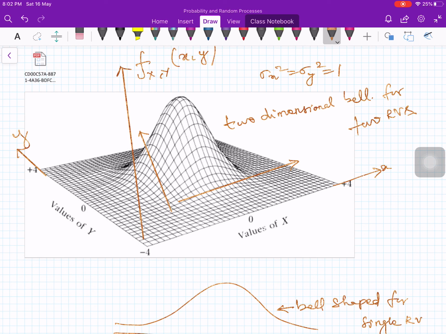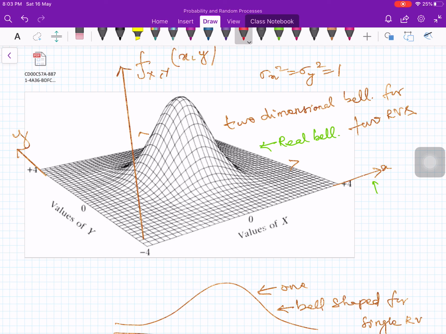So in the two dimensional case, we get the joint PDF, which is bell shaped again. This is one dimensional, and this is two dimensional. Now in the two dimensional case, it looks more like a real bell, the way it would be laid out in ordinary space, with the x-axis and the y-axis. And if you look at the contours of this function, the places where the function is equal, contour means the places where the function takes a constant value.